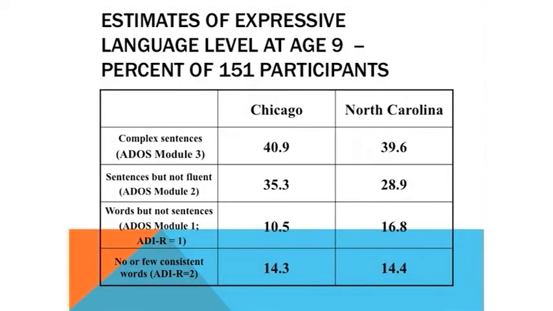One thing we were really encouraged by, because this is a sample, remember, that is less able than we would expect kids to be today who come into a 2-year-old clinic, is that even at age 9, we had about 40% of both the samples from Chicago and North Carolina who had truly complex language. We only had 14% of the kids who were really nonverbal, meaning fewer than 5 words used on a daily basis. My guess is that this would be much better today.